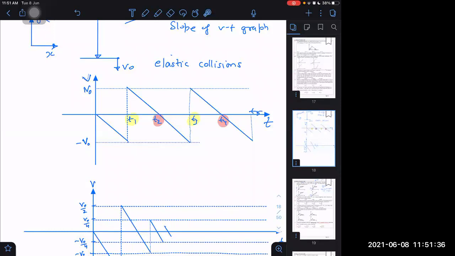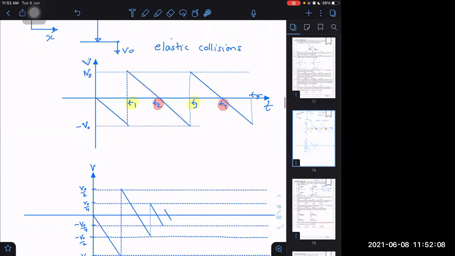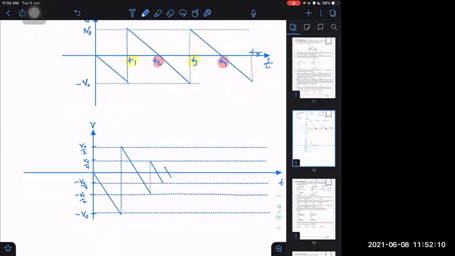And you notice nothing changes in the graph. The graph is just a straight line graph. You may think that if it reverses the direction, then probably the graph should change, something like that should happen. Nothing happens. Therefore, acceleration for the upward journey and acceleration for the downward journey are both the same, in direction as well as in magnitude. Nothing changes from here to here. It is just a straight continuous graph. Understood?